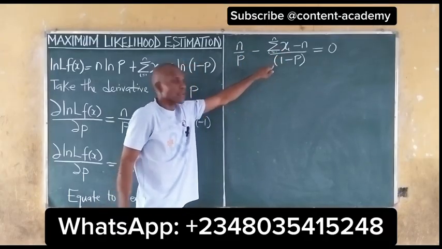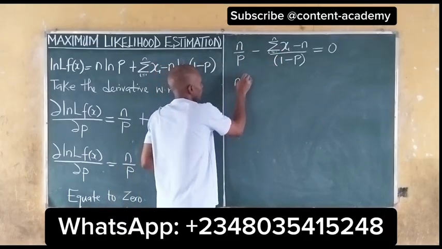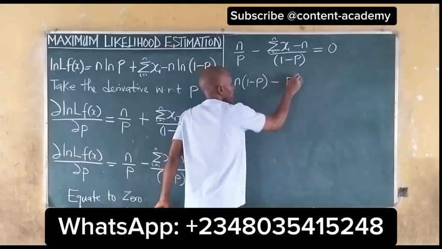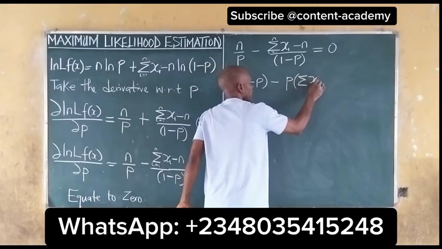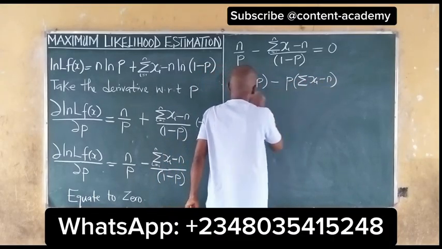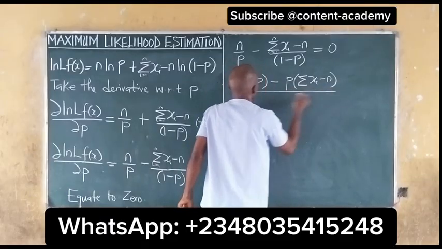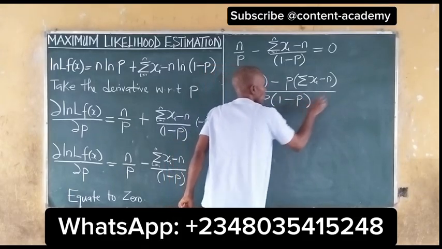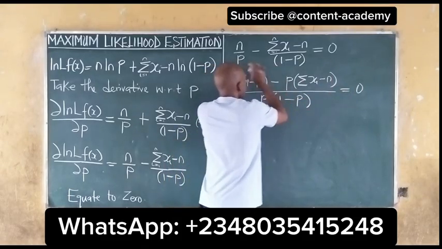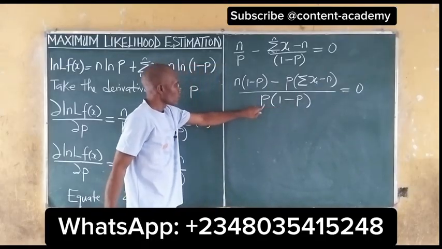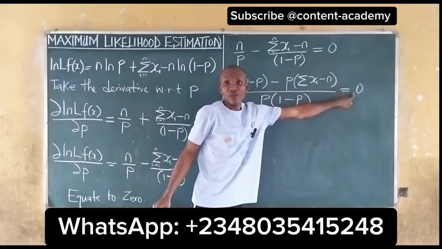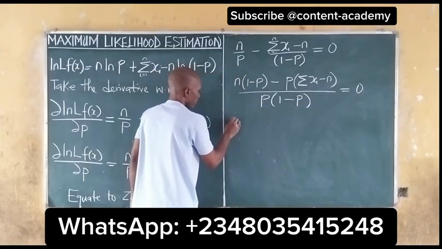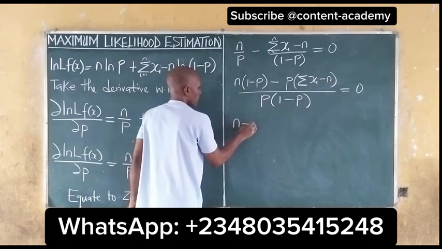If we cross multiply, we'll have n into 1 minus p minus p into summation of xi minus n, all over p into 1 minus p. Of course, if you take the LCM of this and this, you get this. So this already will multiply 0 to become 0. We open this bracket, which will give us n minus